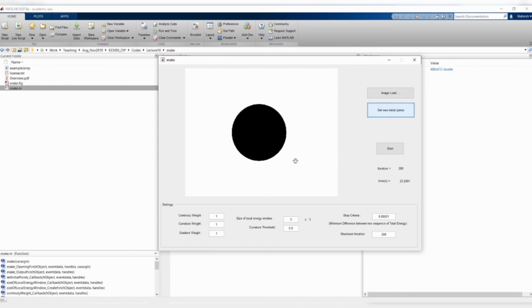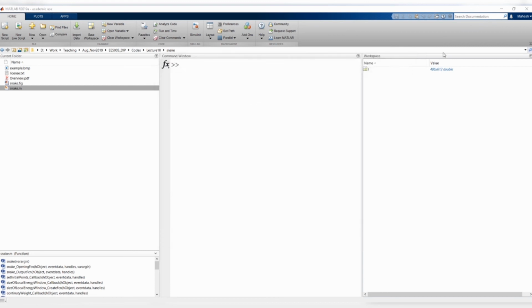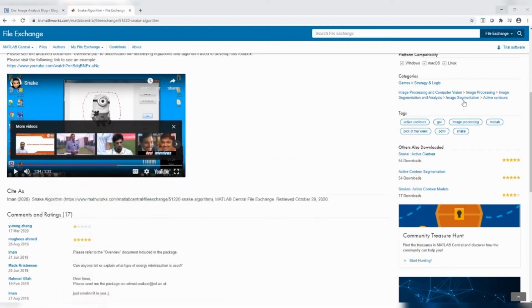So let me just set a new point. Maybe if I put it inside and start, again the same problem. There is no edge here. The interesting aspect is that if we give slightly different regularization on the edge, maybe it may try to expand outside and find a particular thing. Okay, so that's it. I hope you enjoyed it. You can play with this in more detail, and let me just quickly conclude the lecture.